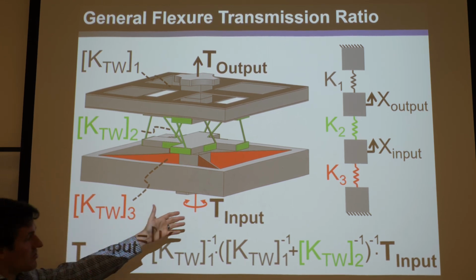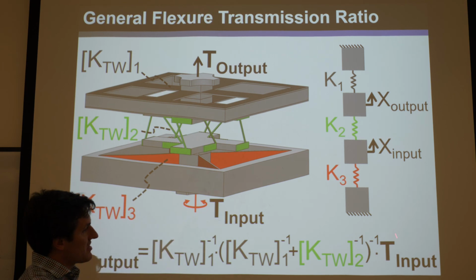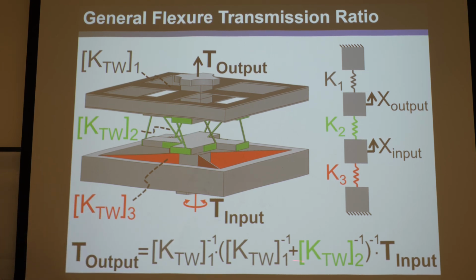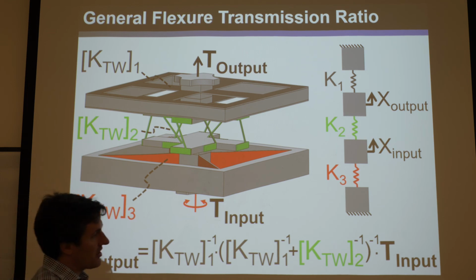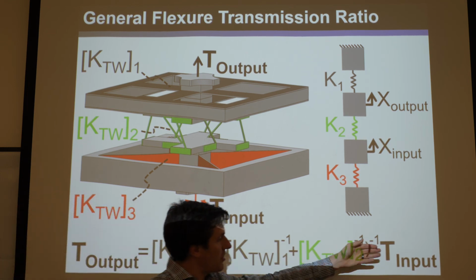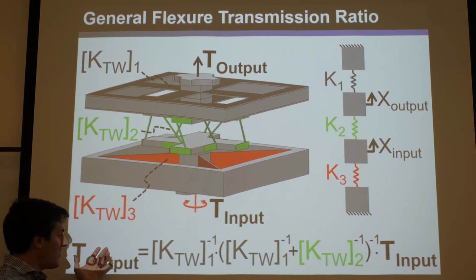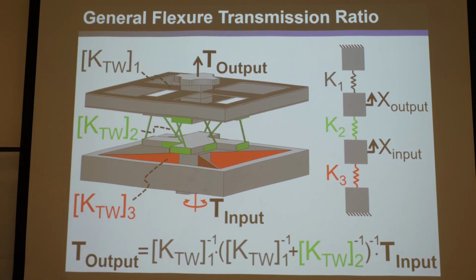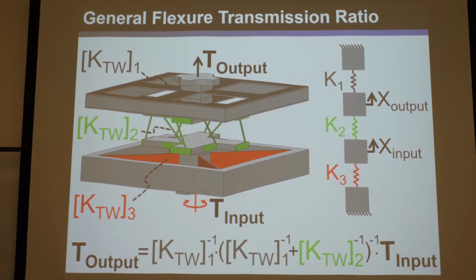So you set the twist to be a pure rotation, multiply it by all this, and since you know how to find these stiffness matrices, you'll get the output, which you'll find to be a translation with a magnitude related to the magnitude of the rotational input. You divide that rotational input magnitude, omega, by that V output, and that will be your true transmission. So remember, I told you